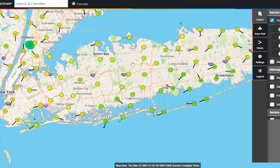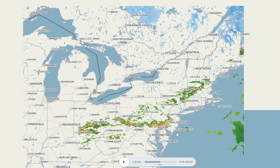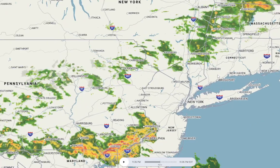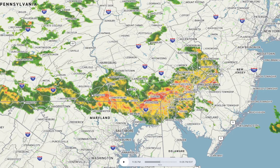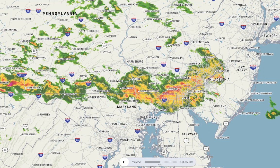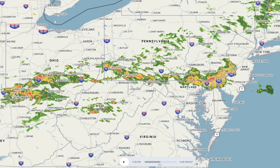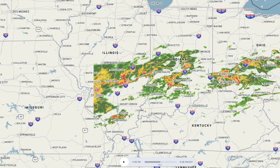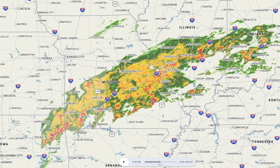So let's now take a look at the radar, where you can see the cold front coming through here. It looks like there are some showers and even some thunderstorms around Philadelphia. And we could possibly see a chance of a thunderstorm tonight, probably more likely over New Jersey. You can see there's this line of thunderstorms, and it goes all the way back. We follow it all the way back through Ohio, southern Illinois, St. Louis, Missouri, and